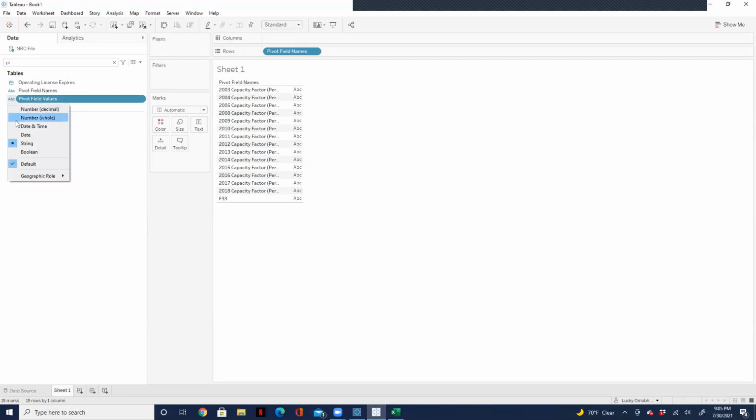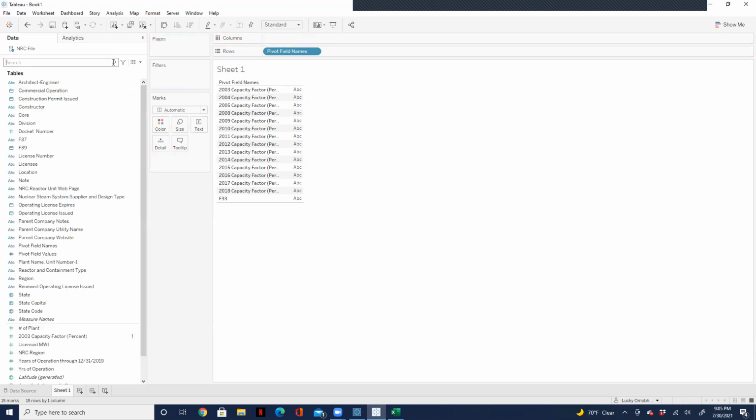Let's change this back to decimal number and drag this down here. Where is it? Pivot value, supposed to be here. Okay, now if I drag this in here,